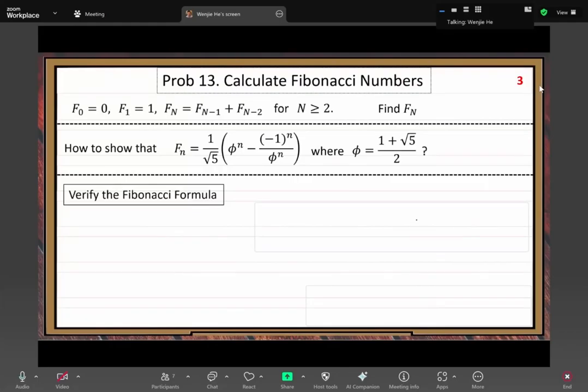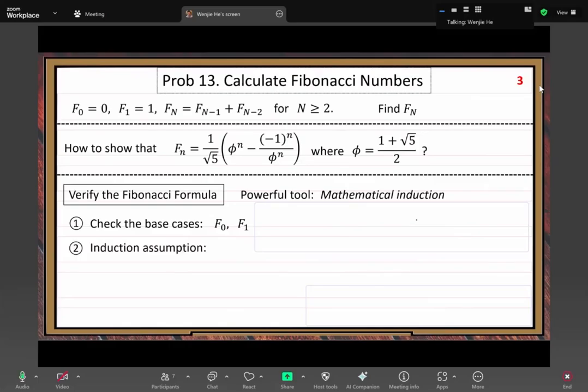All right, D.2. Now we need to do the main part of the work, the proof, the hard part. Here we use the powerful tool, mathematical induction. The base case, we did it. Step 2, we need to make the induction assumption. We need to make that assumption statement, then apply it to do the general case verification. So what statement do we use here?